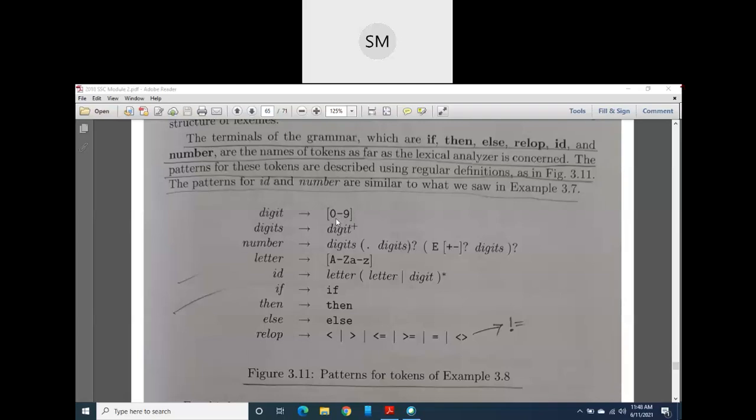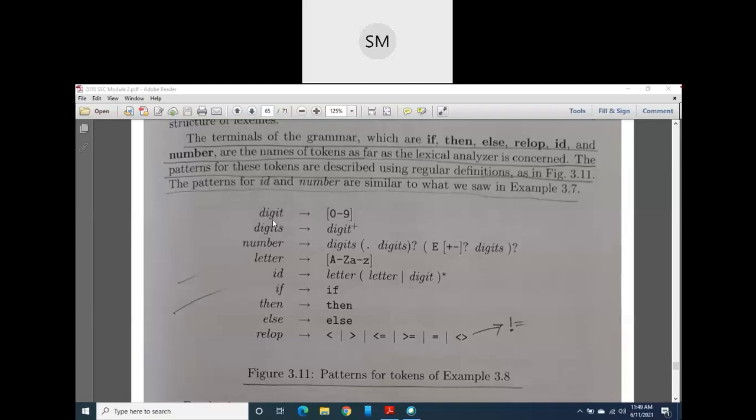So for this regular expression, I have given a name, that is digit. This is called a regular definition. In fact, this entire thing you can call a rule, or else you can call it a pattern. So here the digit looks like this, 0 to 9. That is a digit. And after that, digits.